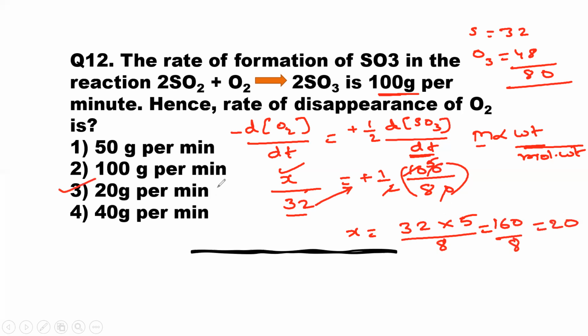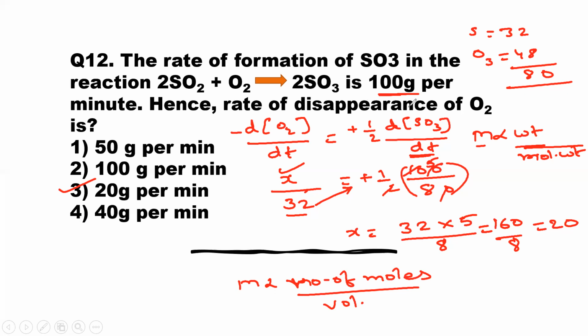So we have to consider, since they have not given concentration, this type of question is very, very important. They have given only weight. So since molarity is proportional to number of moles, and how to calculate number of moles? Molarity is proportional to number of moles by volume of solution in liters. Since volume is not given, don't consider it. So molarity is proportional to number of moles. We can take number of moles, which is weight by molecular weight. Directly we cannot take weight of substance, we need weight by molecular weight, because they are two different substances.